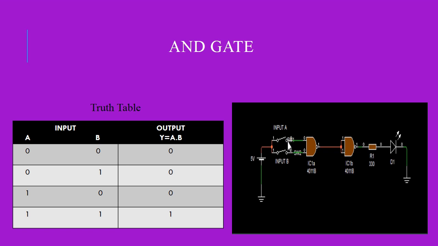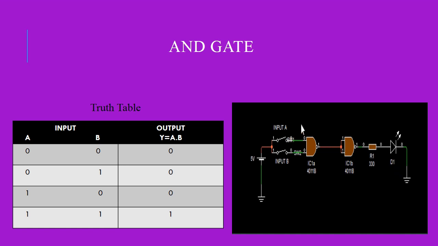That means switch 1 is open, switch 2 is also open. This is 0, this is 0. So from here we get A dot B bar. That means here we get one output. This one output is connected with this input terminal, either this terminal or this terminal. So from here we get 0 output. This 0 output means LED is in off condition. So here we saw that LED is in off condition. So first row of the truth table has been verified from this circuit diagram.